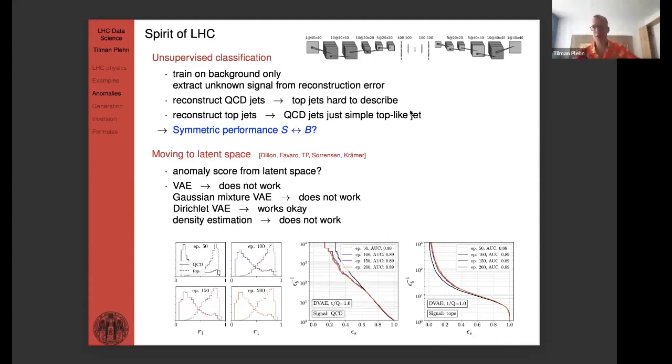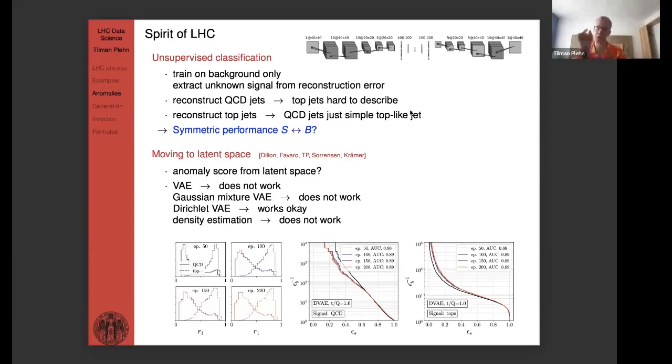And I said, well, maybe it's because my autoencoder's bottleneck space is too simple-minded. Maybe I should have more than one mode, different modes that describe the structure. You try this Gaussian mixture model in the latent space, and nothing works, it just doesn't. We're talking here about a year, 2 years of research on that. Every time, at the end of the day, the answer is it doesn't work. Now, my former postdoc, Barry Dillon, came up with an idea that is called the Dirichlet variational autoencoder.